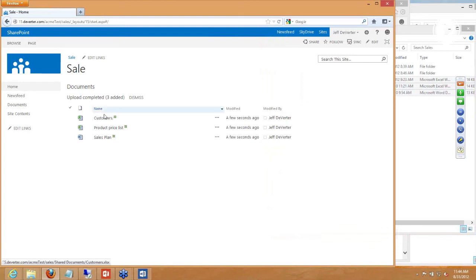But I want to challenge you and caution you here, because what we're seeing is a list of our customers, our product and price list, and the sales plan. Sales plan, I would argue, is probably the only document that should have been uploaded, because even though it's much easier now to drag and drop things into SharePoint,